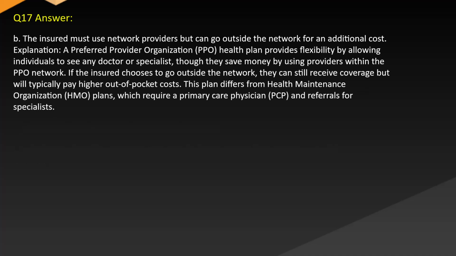Answer B. The insured must use network providers but can go outside the network for an additional cost. Explanation. A preferred provider organization (PPO) health plan provides flexibility by allowing individuals to see any doctor or specialist, though they save money by using providers within the PPO network. If the insured chooses to go outside the network, they can still receive coverage but will typically pay higher out-of-pocket costs. This plan differs from health maintenance organization (HMO) plans, which require a primary care physician (PCP) and referrals for